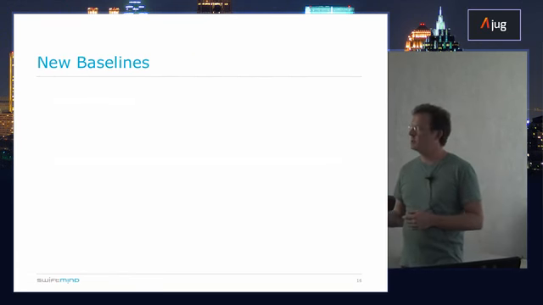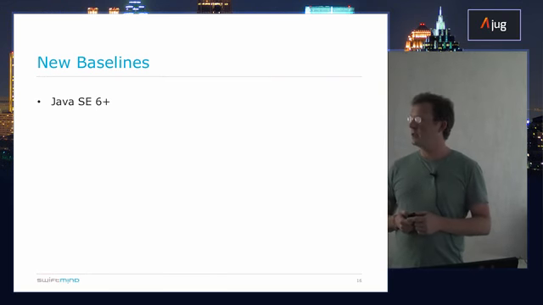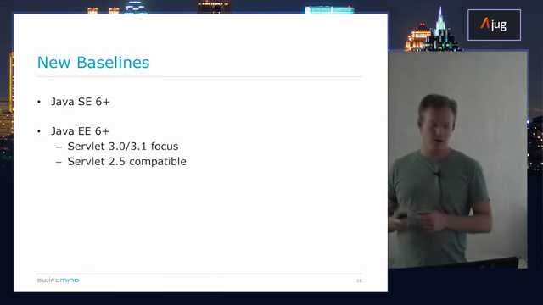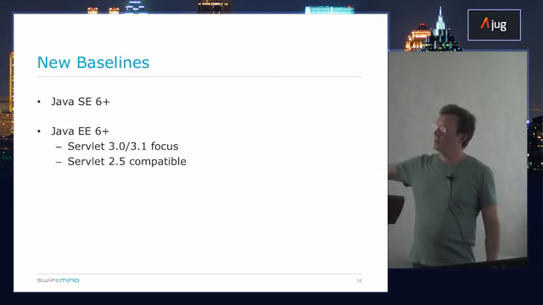To make some of that possible, we have some new baselines. So we're now basing Spring on Java SE 6.0, Standard Edition 6 or higher, and Java EE 6 or higher as well. And here we have a focus on, we support, Servlet